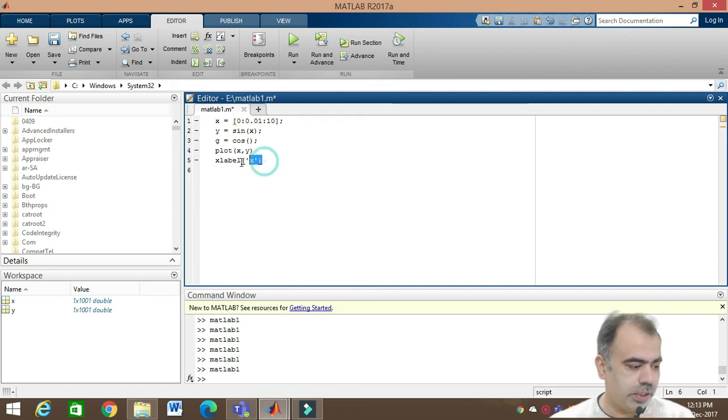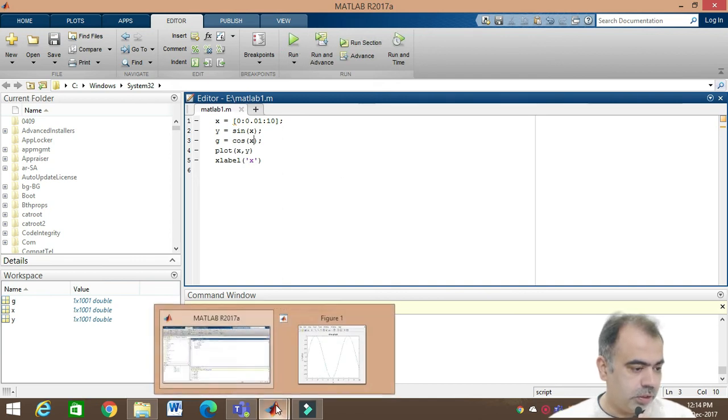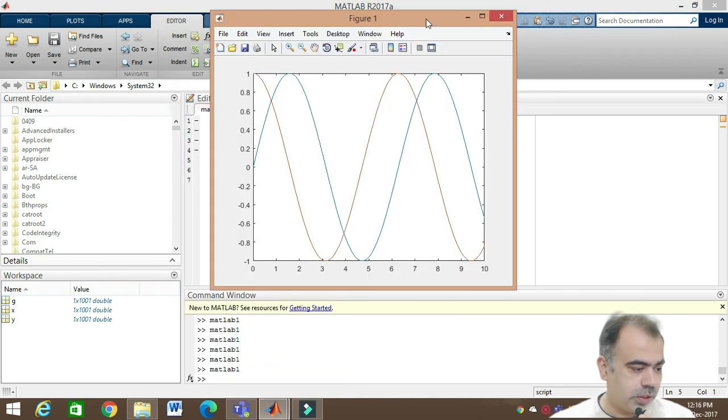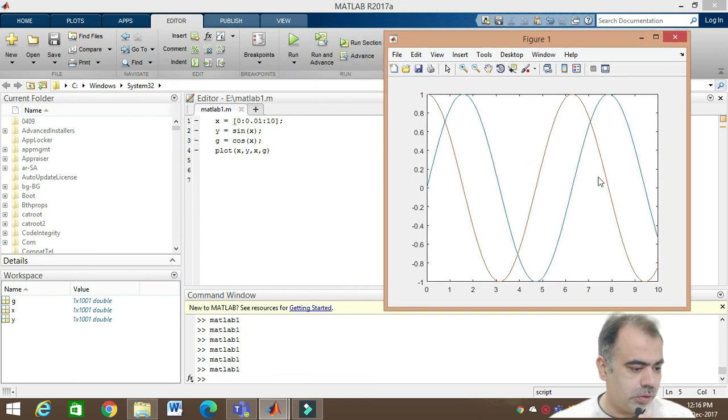If you want to plot sin x and cos x together, you may have them together with y and g colors. Once I plot it with the legend, we see sin x in blue and cos x in red. This is how you can plot two graphs together to see the difference.